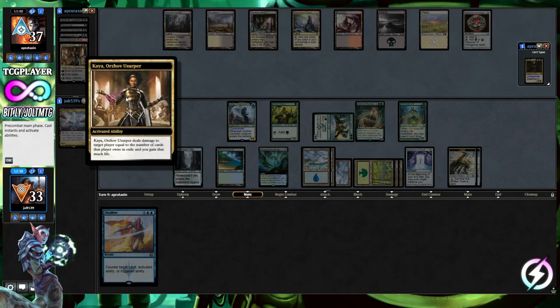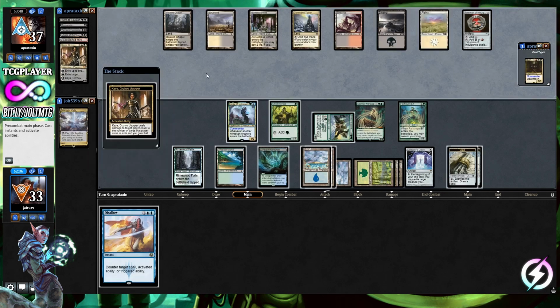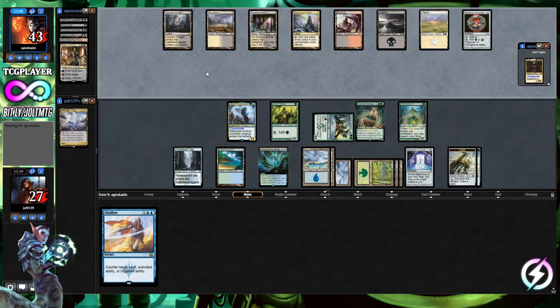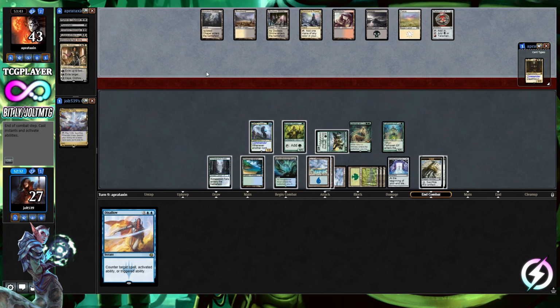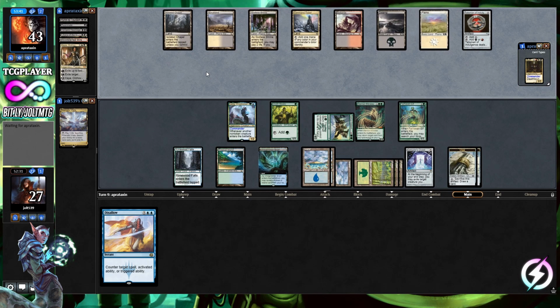Okay, so that's going to be 12 damage. Yeah, we're cool with that. Let's drop us down to 27. Okay, yeah, that's fine. And so they go for the Kaya activation with the -6. I guess they were trying to see if they could burn the Disallow out of our hand, which we could have countered that activated ability, but yeah, that's...